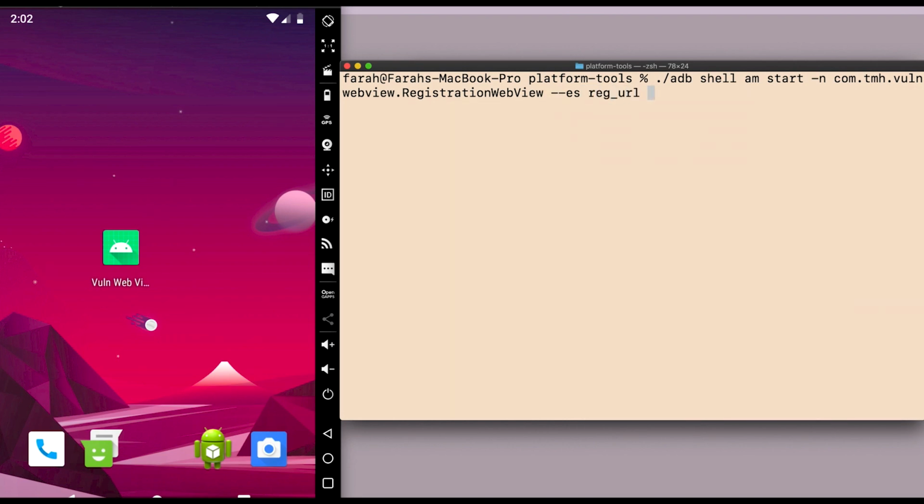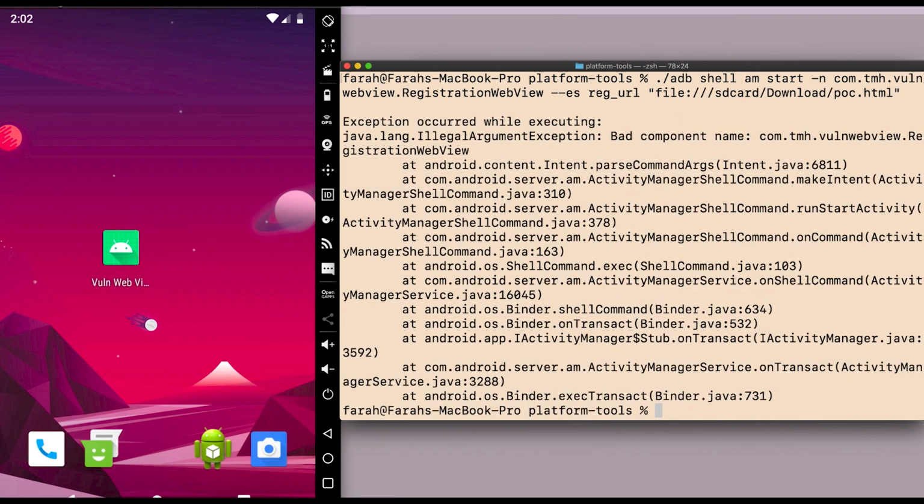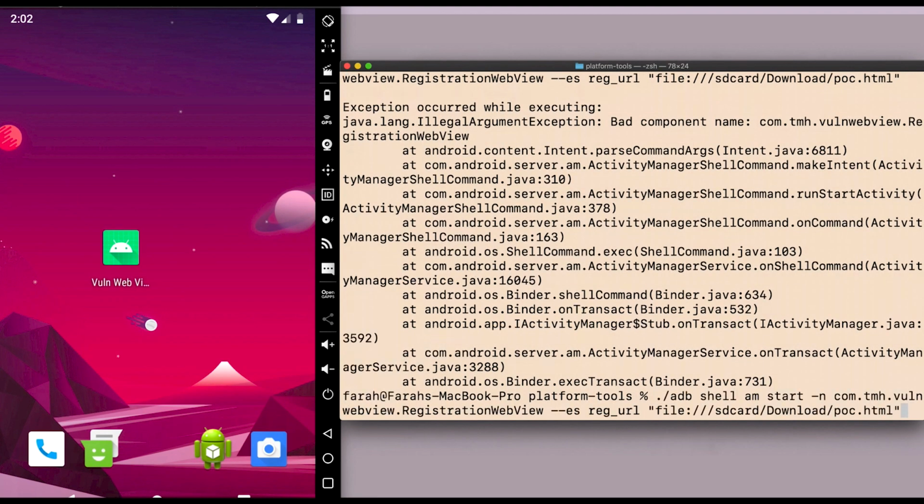As I said before, our URL over here will be the path to the exploit code that we just saw. So let me go ahead and send that now. Oh, oops, I forgot to add the slash in the name of the component.